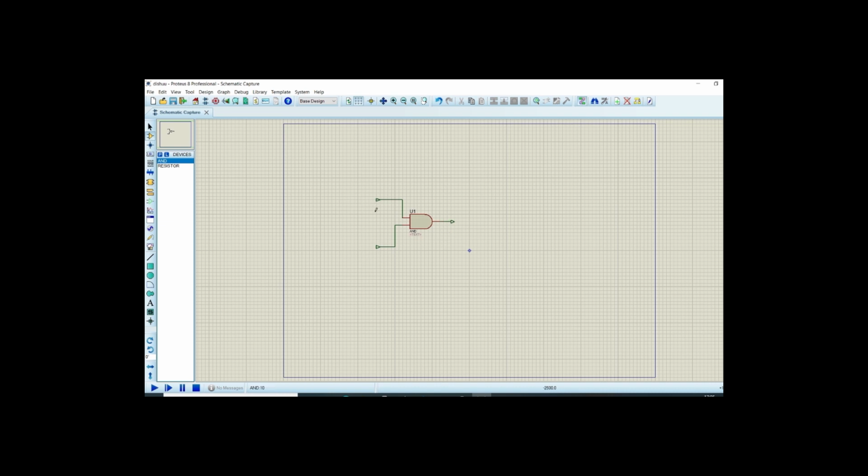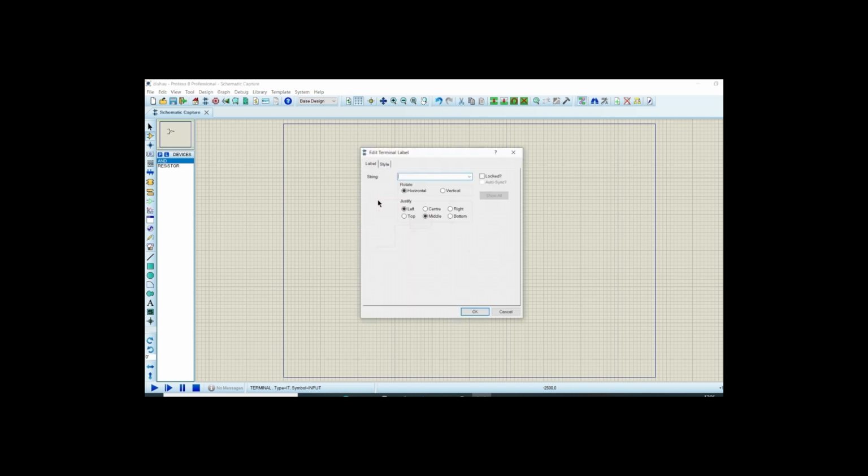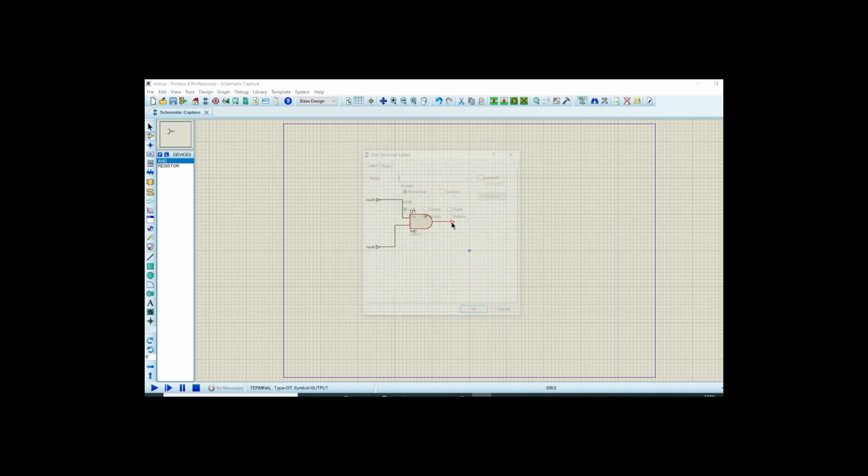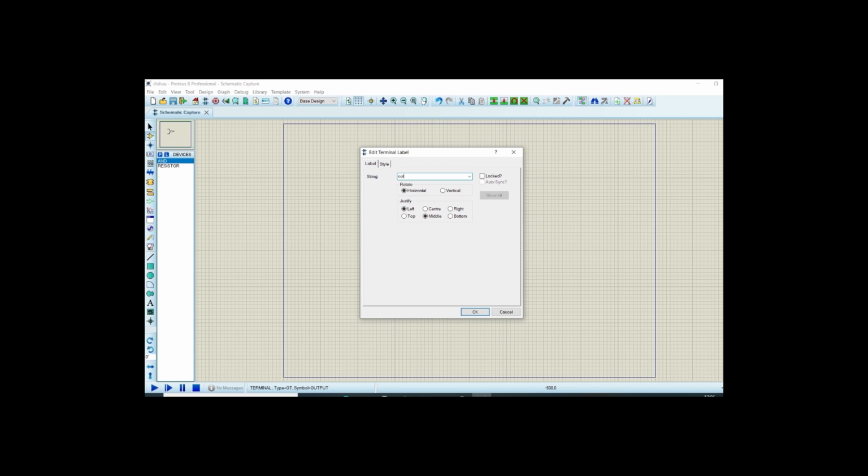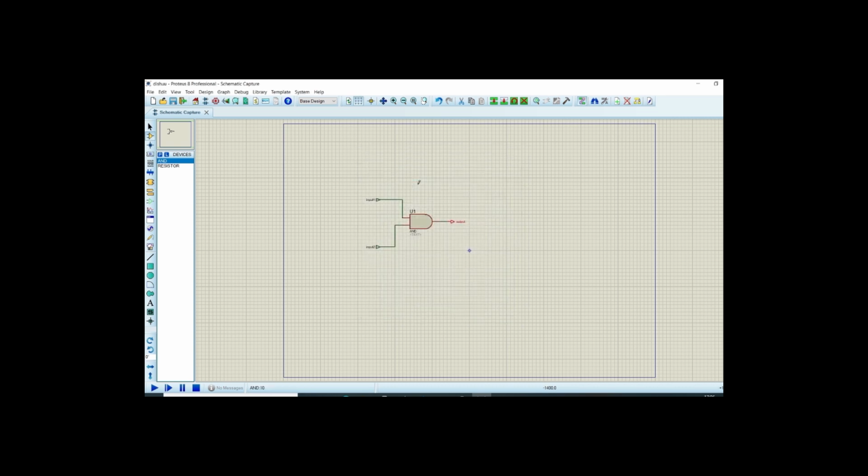And one thing you have to remember, that you must name the input pin or output in the child sheet, and whatever you name it here, you should give the same name in the parent sheet. So I am giving here input 1. Okay, and this is suppose input 2, and this is my only output, so I am giving the output. Just right click and exit to parent sheet.